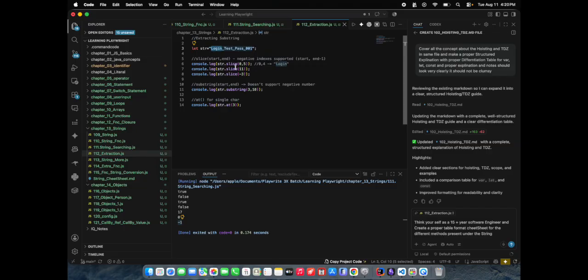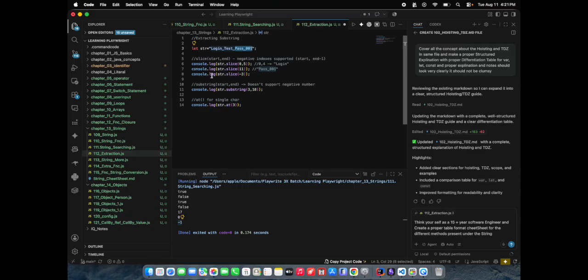From this slice, if you consider the 11th index, this will be our 4th, 5th, 6th, 7th, 8, 9, 10, 11. 11 means pass. From this pass to the end of the string, it will print the whole function here. From 11 to the end, because we have not defined the end of this slice, it will take until the end.